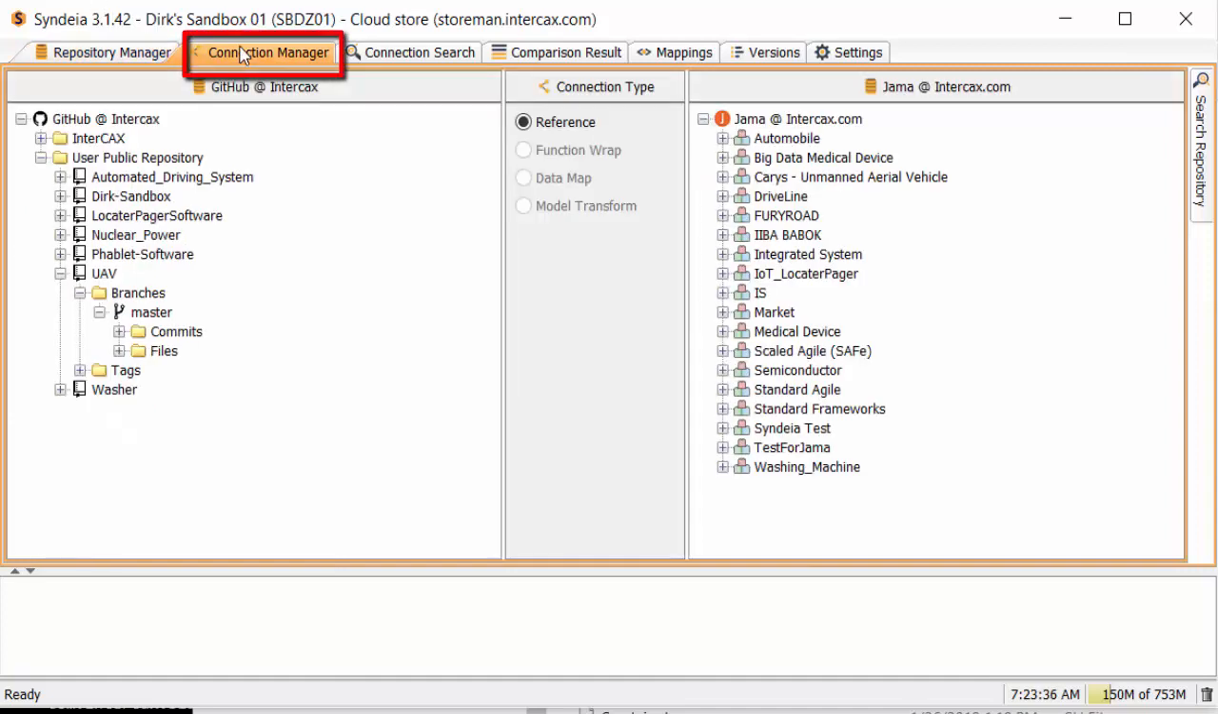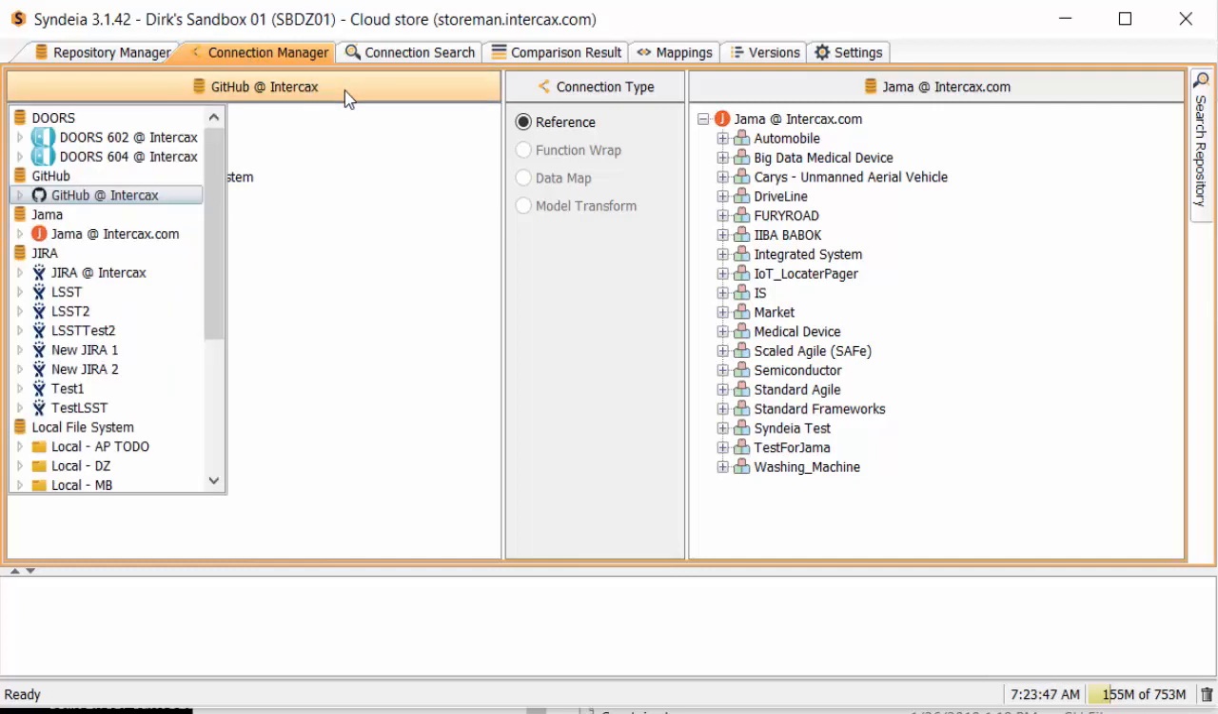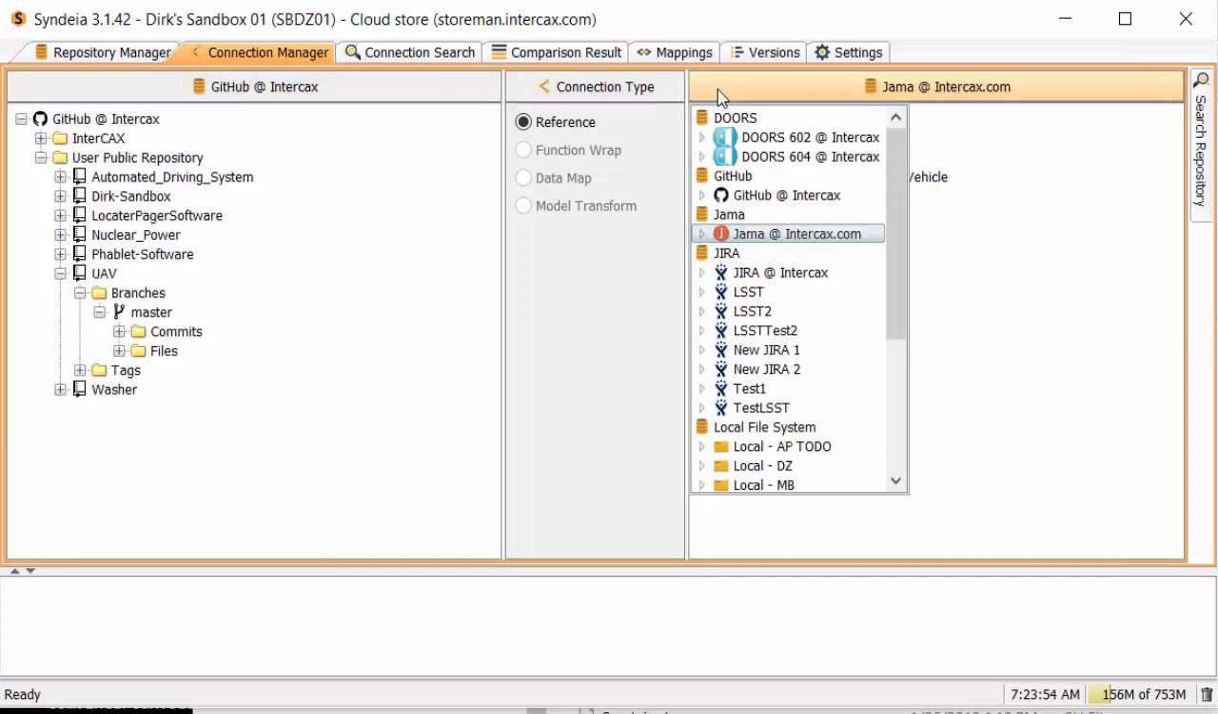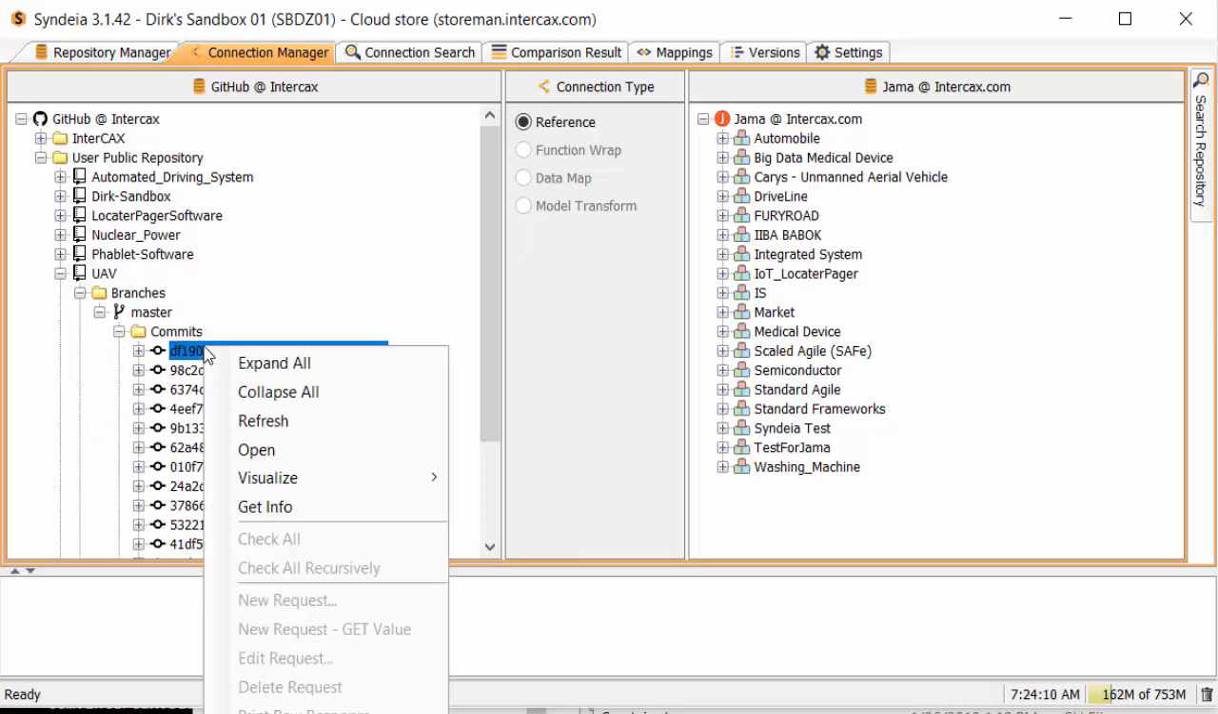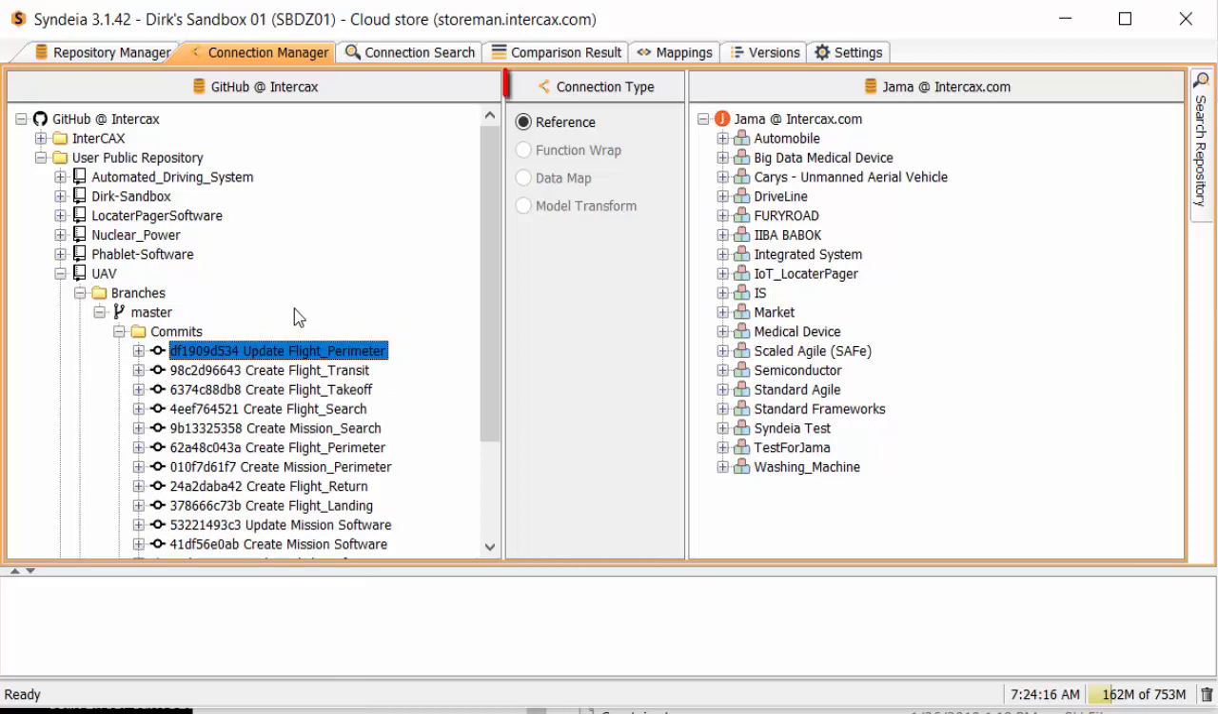The second tab is the Connection Manager, the primary location for making connections. On the left and on the right, we can select one of the external repositories that we have linkages to by left-clicking on the top bar. We see the contents that our credentials give us access to. We can right-click on elements on either the right side or the left side and see a list of context-dependent commands. The center column shows the possible types of connections that can be made between the left and right sides